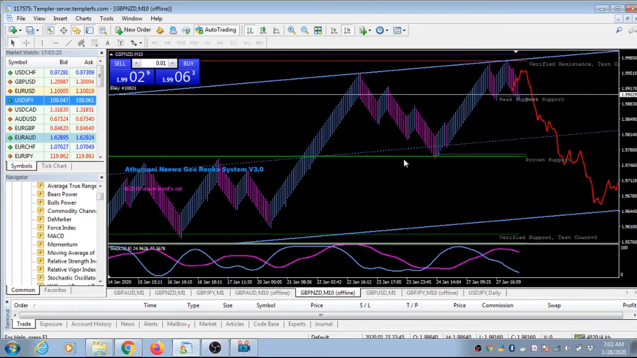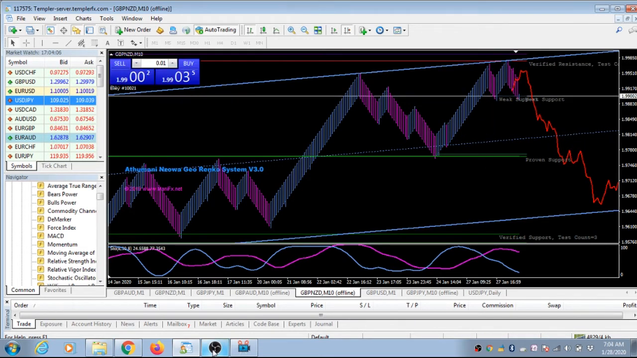So as simple as that. So these are just lines. In fact, they will change according to how many times the bars or the market touches at that particular zone. Okay. And then we have another indicator which is called